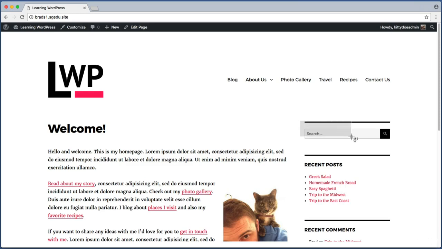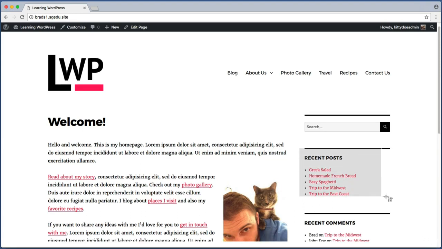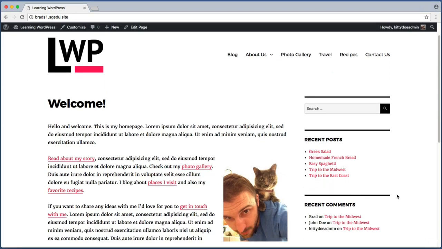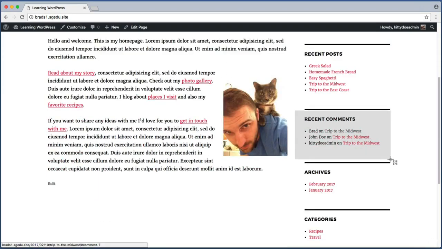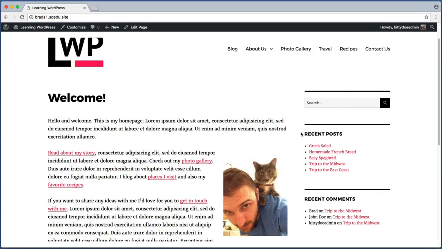So, for example, this search section where visitors can search for certain content on my website, this is a search widget. This recent posts area or section is a recent posts widget. If I scroll down a bit, this recent comments area is a widget. This archives area is a widget. You get the idea. Now, the nice thing about widgets is that we can drag and drop and reorder them